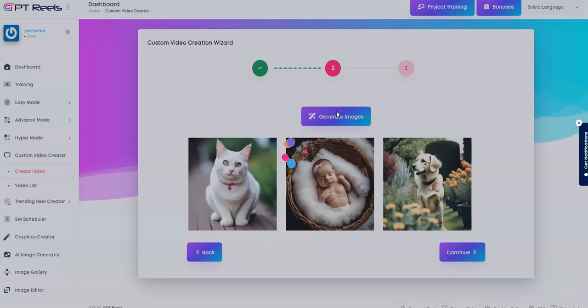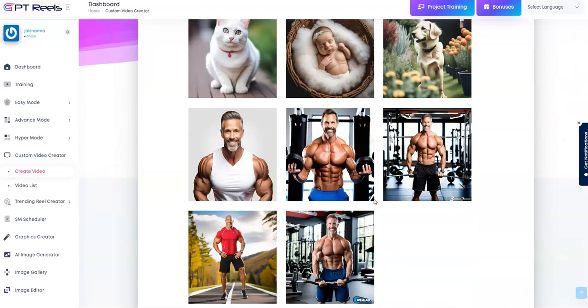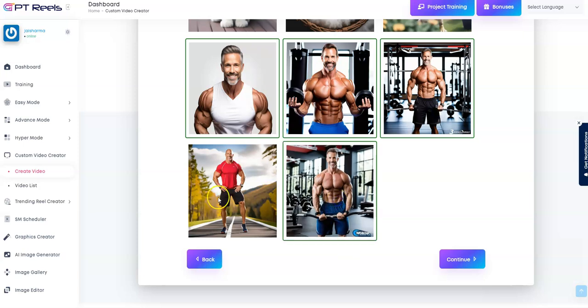So I'm just going to hit on generate images and let GPT generate images for me, and just be patient for about a couple of minutes over here, and in no time those images are going to get generated for me. So the GPT has generated images for me, and over here, as you can see, I'm just going to click on these amazing AI generated images, and I have selected 5 images for my video, and hit continue